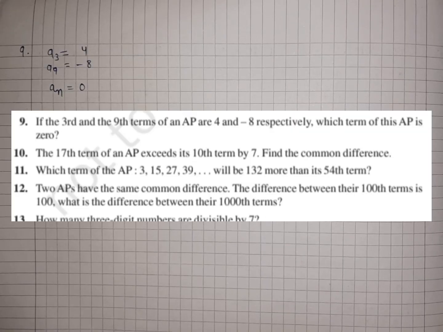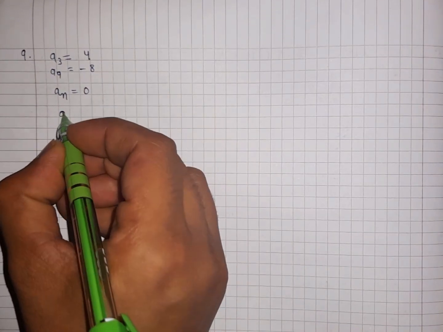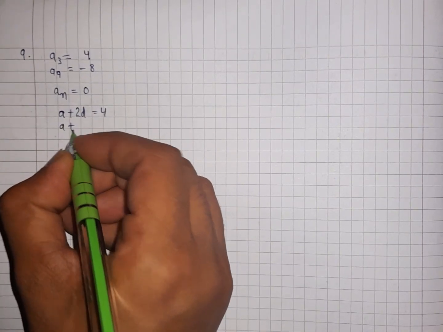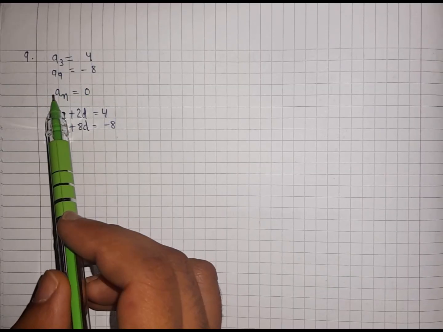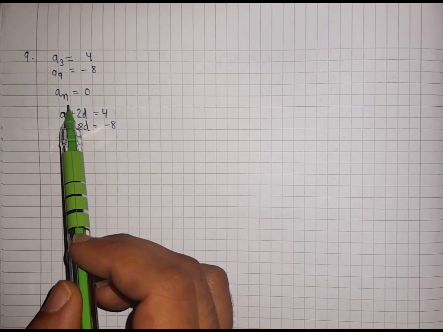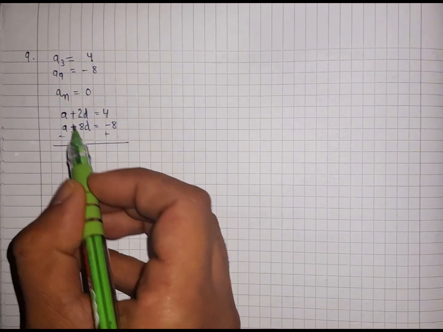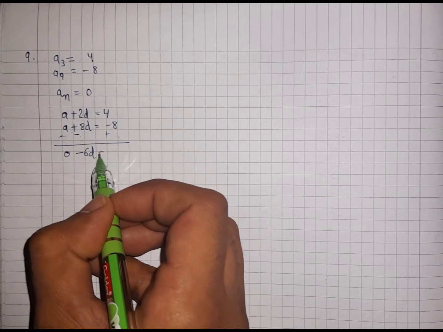Ninth question. If the third term and the ninth term of an AP are 4 and minus 8 respectively, which term of this AP is 0? Now, third term, that is a3 = 4, that is a + 2d = 4, and ninth term, that is a + 8d = minus 8. We need to find the value of n for which an = 0. So for this, solve these two equations. First of all, by the elimination method, a minus a is 0, 2 minus 8 = minus 6d,